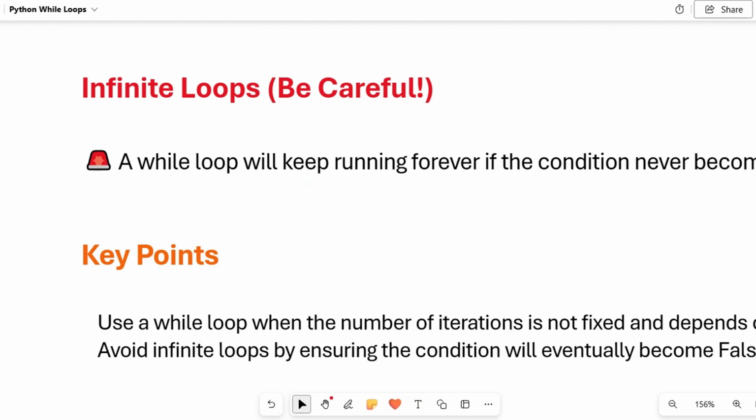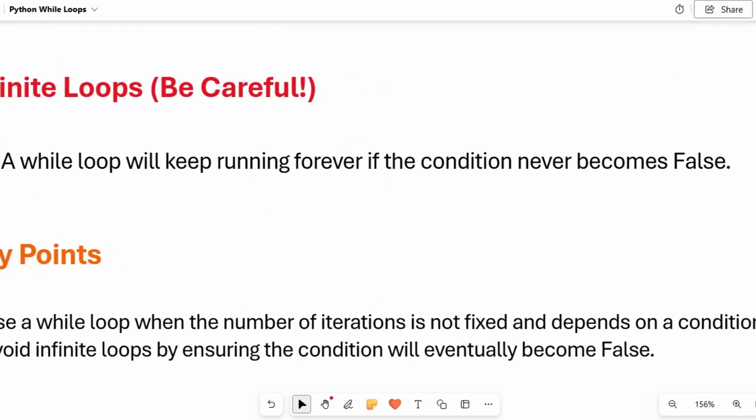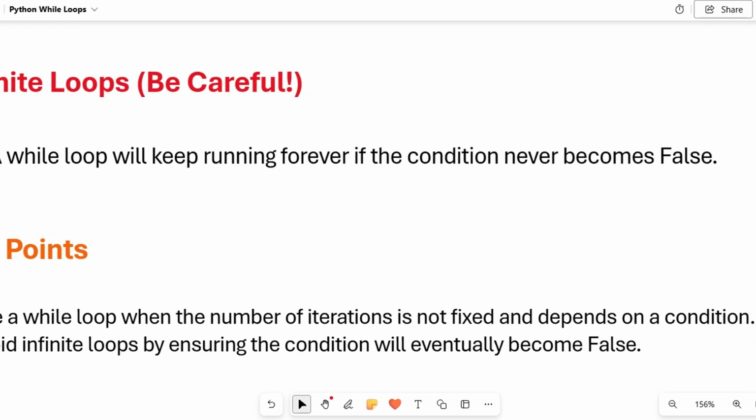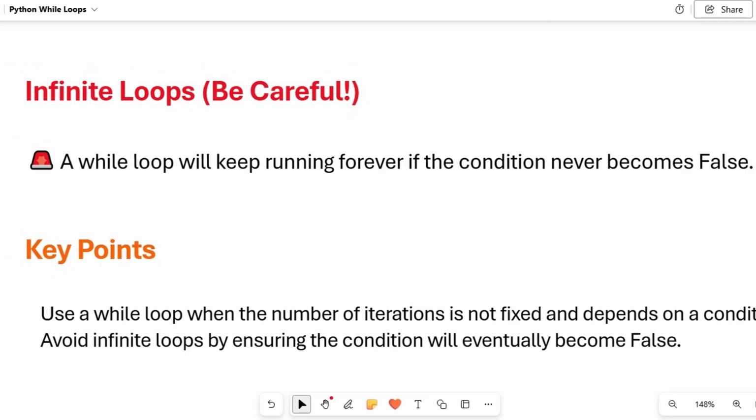So here's the infinite loop. Here are some things which we need to carefully work with. A while loop will keep running forever if the condition never becomes false. So yeah, it's risky as well. It depends on your computer system. If you use true, the condition will keep being true, so it will keep running,